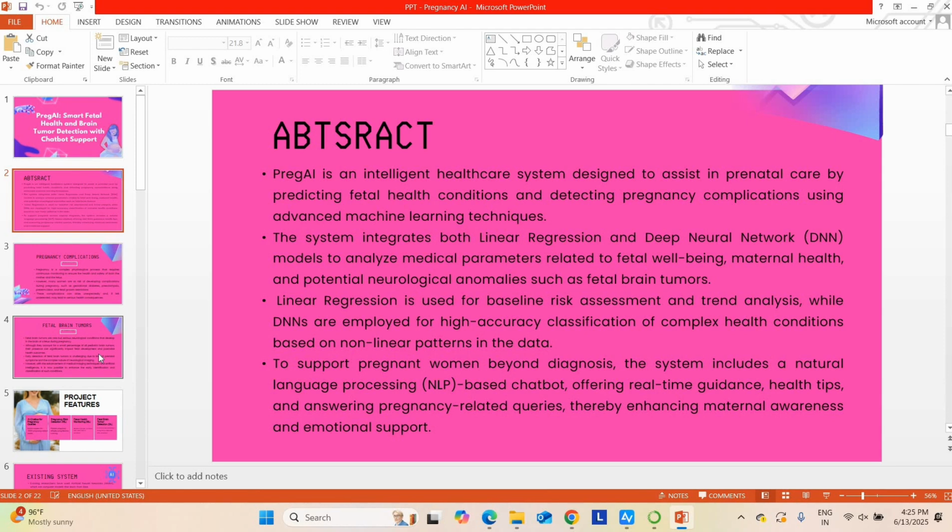And one more thing, we are integrating a chatbot. This is a high-end chatbot that uses a large language model as well as NLP to provide support for pregnant women, 24/7. They have many queries, like whether they can eat this sort of food or go walking, because they don't know anything about pregnancy. This is the first or second time for them. Instead of asking their mother or a well-known doctor, they can ask this chatbot, and it will give any sort of answer. It's a very good feature we can implement with this project.